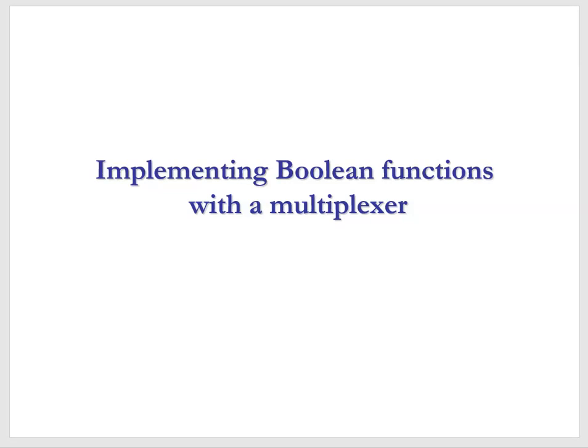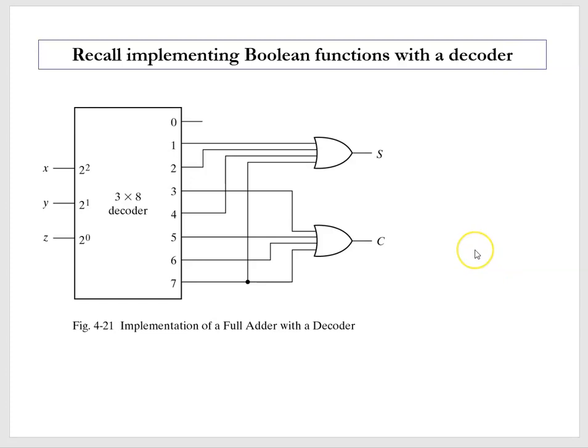Let's look at implementing Boolean functions with a multiplexer. Recall we did implement Boolean functions with a decoder. A decoder would decode the inputs to a minterm. So once we are in this case, we have a 3x8 decoder. Our three inputs could be decoded to 8 minterms that could represent a truth table. So each of those minterms then we could put an external OR gate and implement the function as a sum